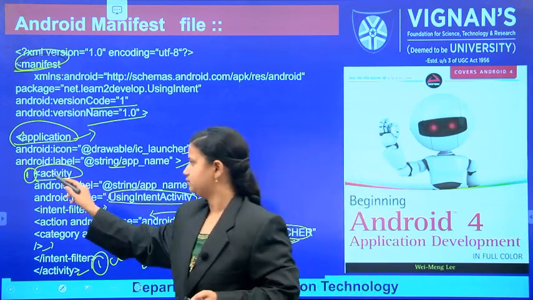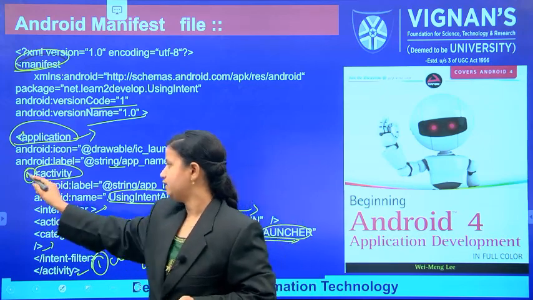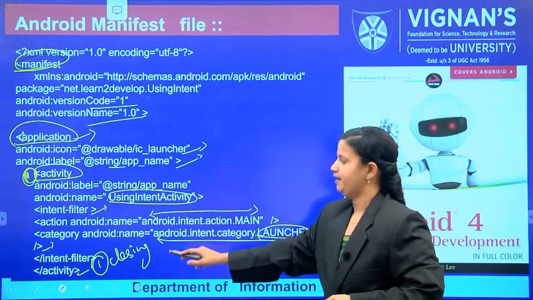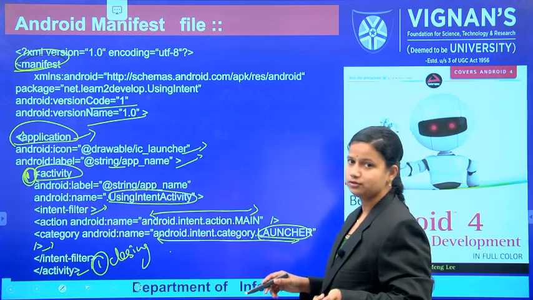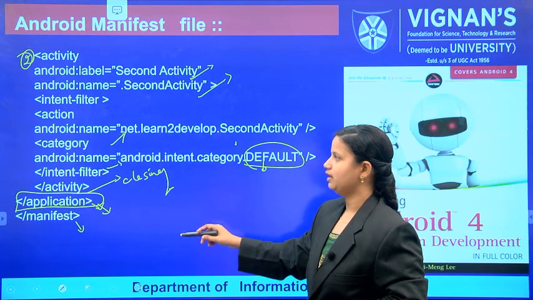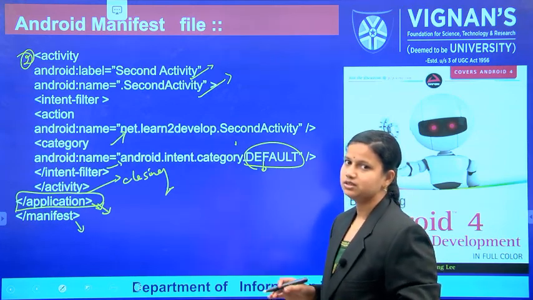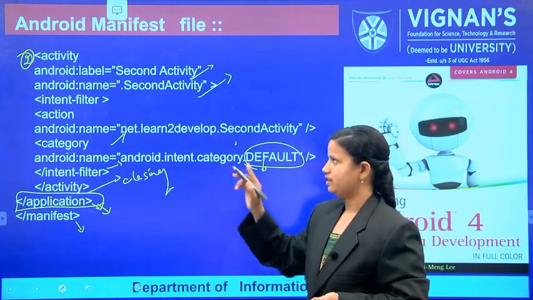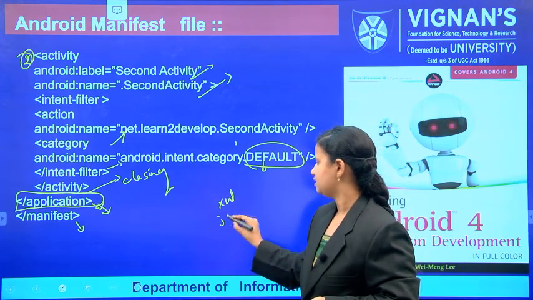Between that, your application has two activities, that is why the first activity is started here and ends with the corresponding names and intent filters. Different things are added for your activity, and next we have to develop the second activity. This is only the structure, but what is our implementation of those activities? Each and every activity contains XML and Java.